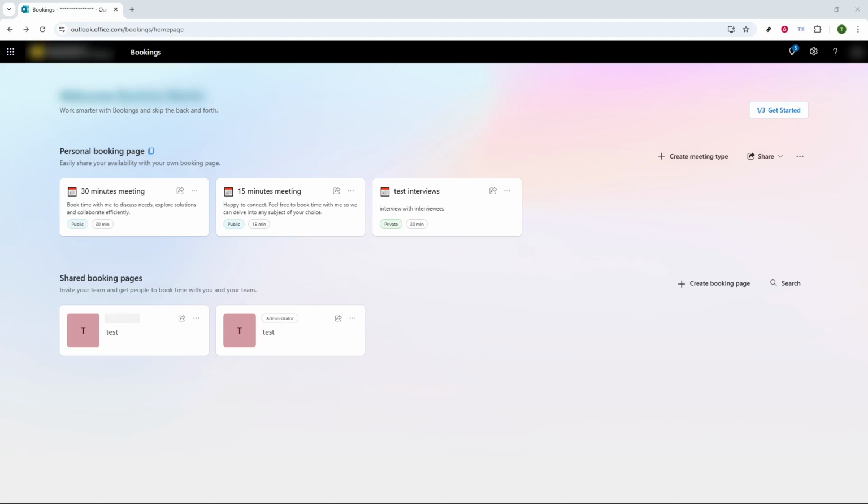Navigating Microsoft Bookings can significantly boost your productivity by keeping all your appointment-related tasks under one roof and reducing the chaos of back-and-forth scheduling. Whether you choose to stick with an existing calendar or branch out by creating a new booking page, Microsoft Bookings is designed to scale with your organizational needs, providing a seamless booking experience for both you